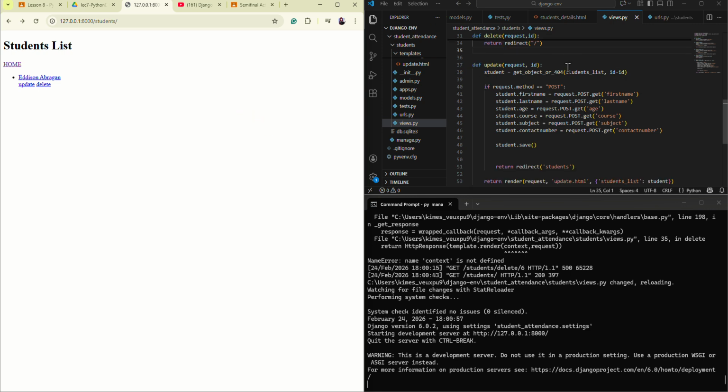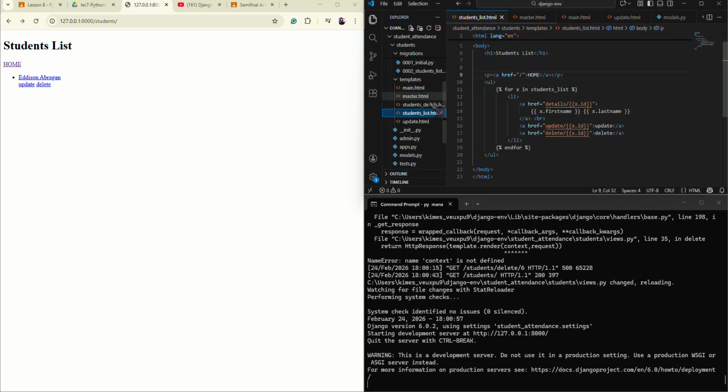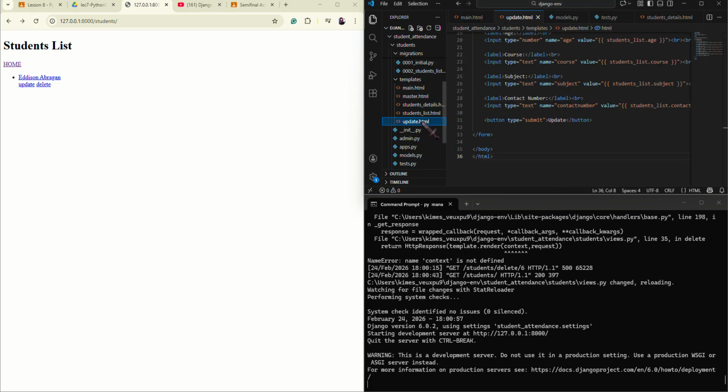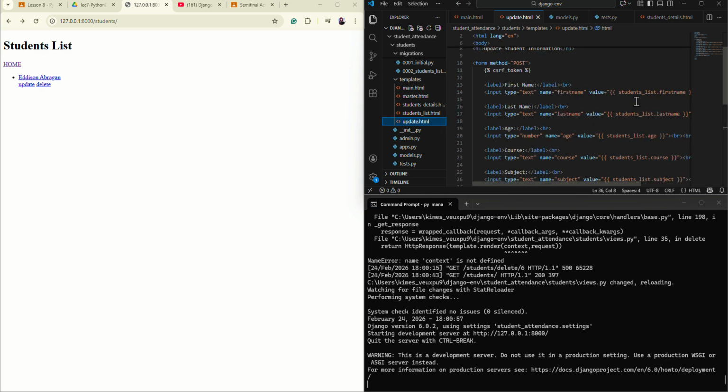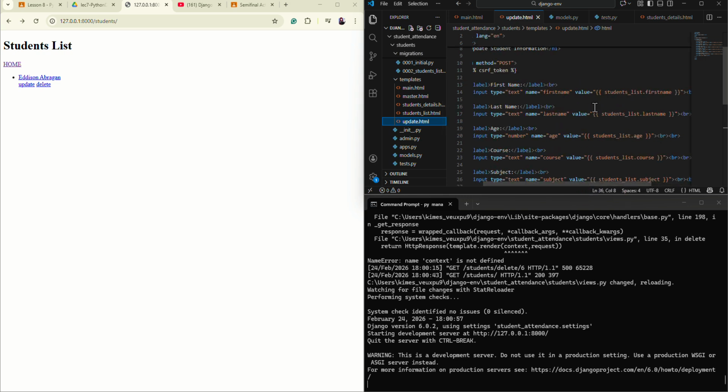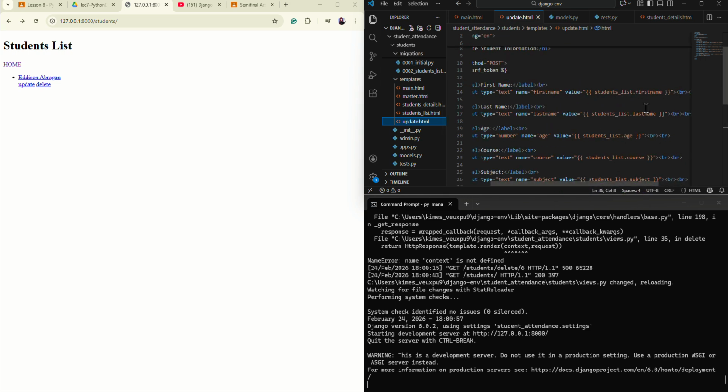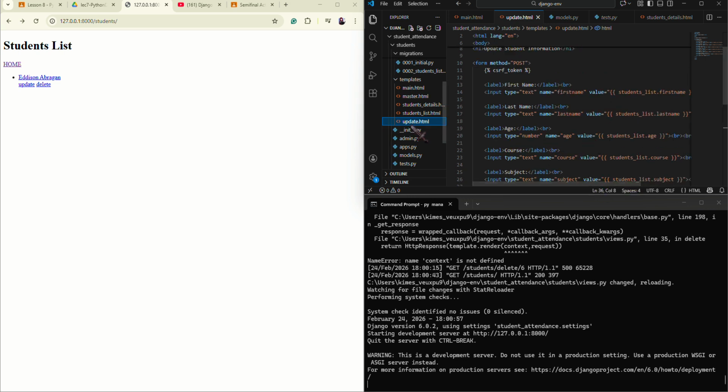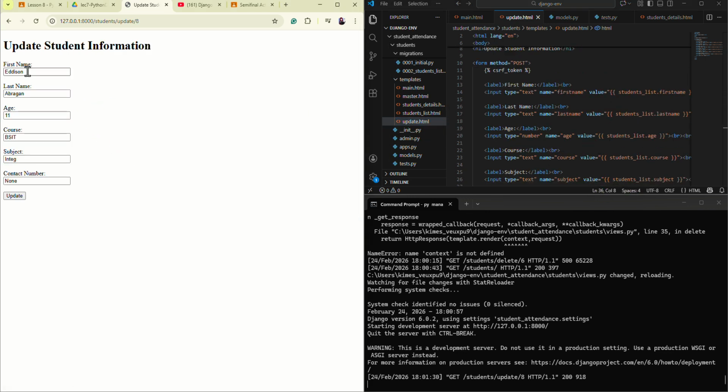I get the records, then use the form to get all the values of the first name, last name, age, and course, to update here.